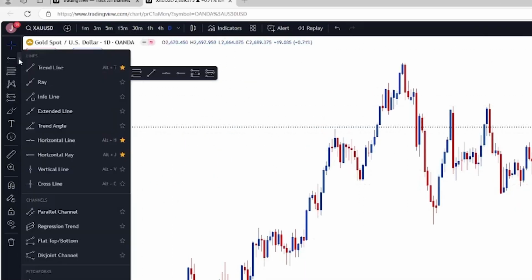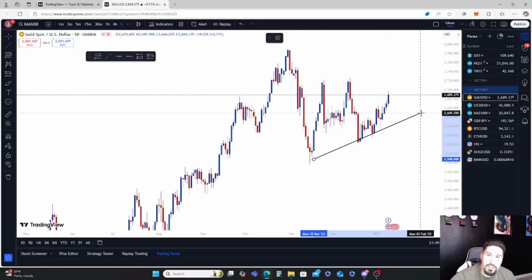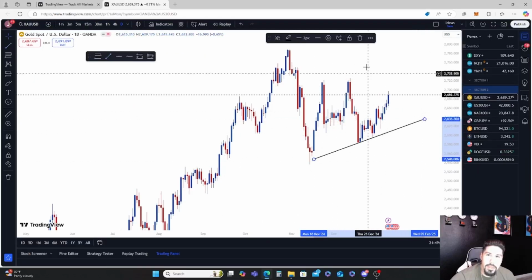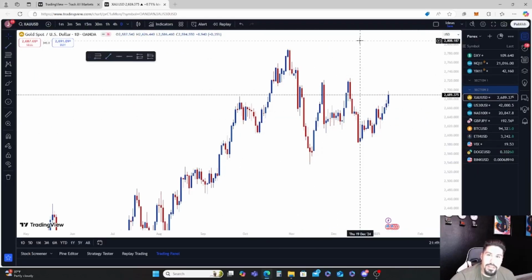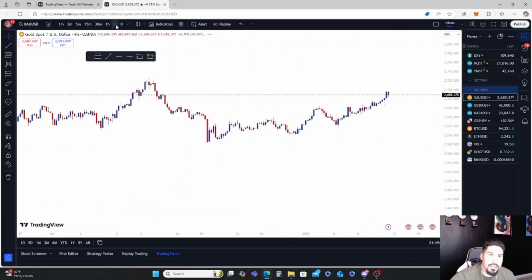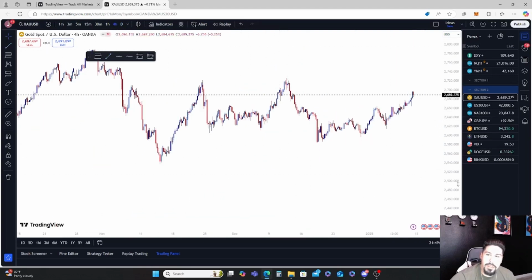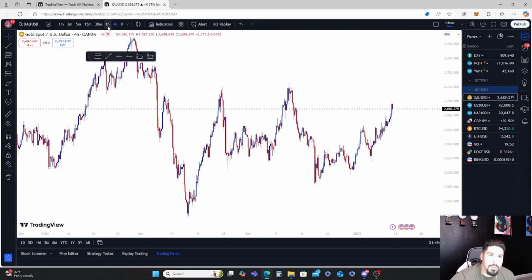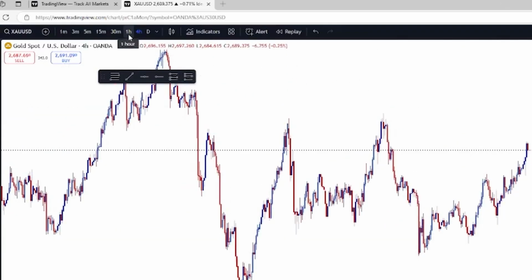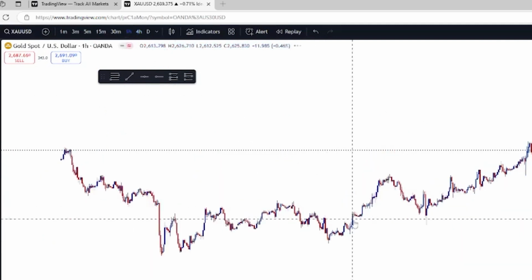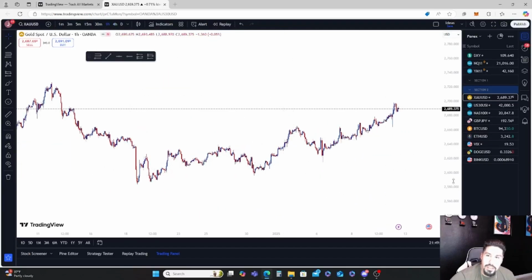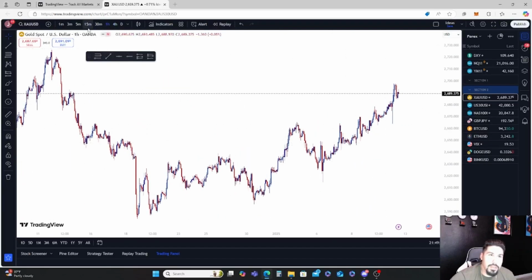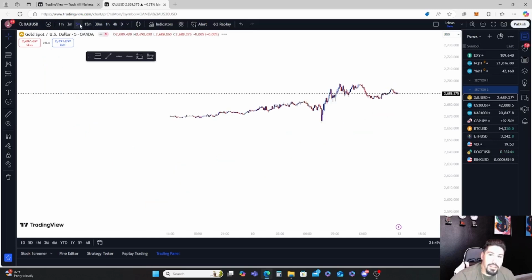If you're doing a trend, for example a trend line, you just put your trend line, if it's going up or going down, whatever the trend is. You can go down to a 4-hour time frame. Every time frame is going to look different. It's going to give you a different story, so that when you're doing your top-down analysis here in a little bit, and we show you, you can see how the time frame changes. All time frames will change if you lower your time frame, all the way down to the 1 minute. I normally use, we start from the daily all the way down to the 5 minute,